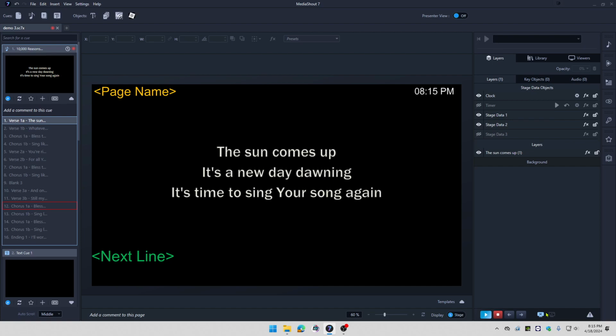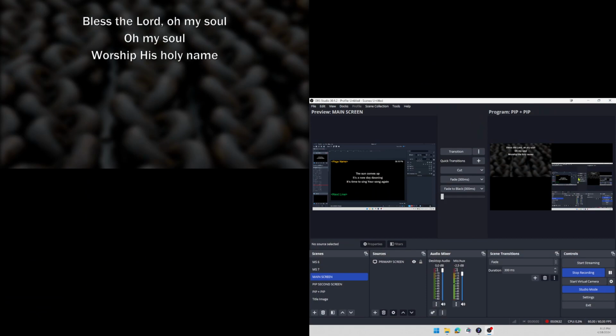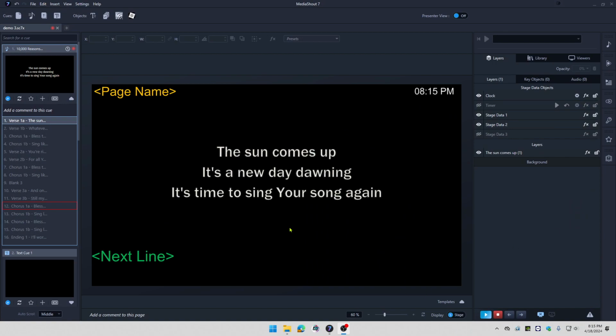Currently I just have that off because, as you've kind of seen, I'm running my OBS Studio on the other monitor here that I'm using for doing the second screen or third screen, or stage display. So I'm leaving that off so I can see what I'm doing on that. But anyways, that's all there is to it for